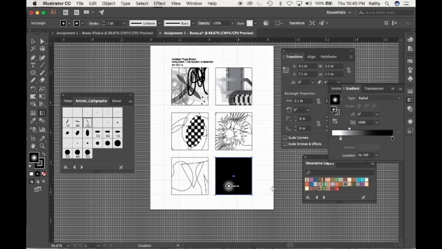I think that you now know everything that you need to know in order to fill these boxes. I hope you'll have a lot of fun. I hope you'll push your variations far, far, far so that you get lots of practice in the things that Illustrator will